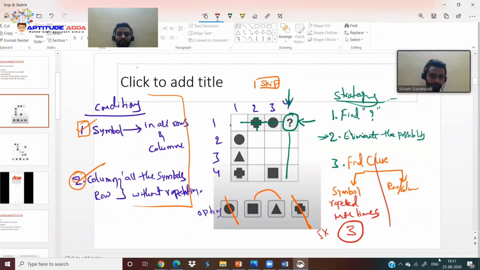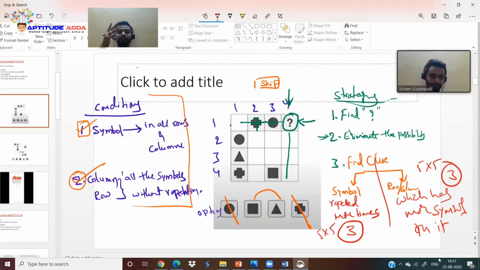Row or column can be the clue too. Remember the row or column which has more symbols in it can be the clue. If it is a 5 by 5 grid, at least the row or column should have three symbols in it.